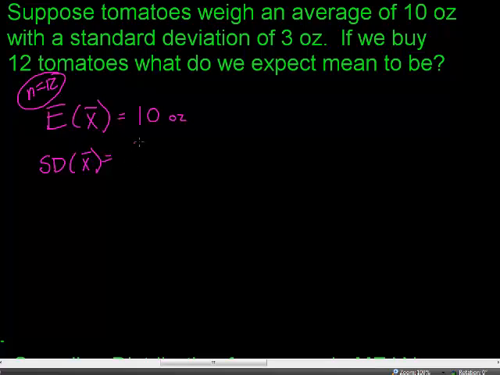So I'm going to take the 3 standard deviation that's true for the population, and I'm going to divide it by the square root of 12. So 3 divided by the square root of 12 is going to give me my standard deviation of 0.8660. Now, why? Remember, the reason why standard deviation is smaller is because a sample of 12 would be expected to be closer to the truth. It's very easy for one tomato to be very overweight or very underweight, but a sample of 12 tomatoes, on average, should be closer to the truth, right? So my sampling